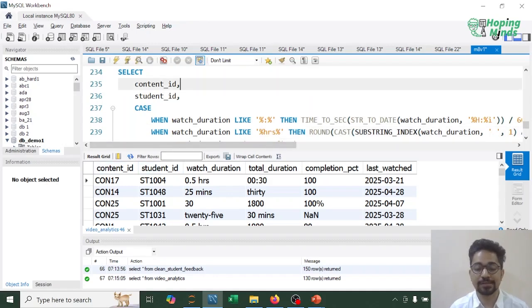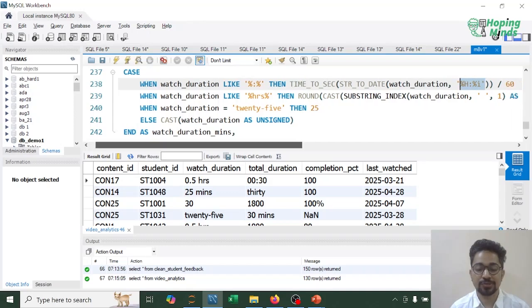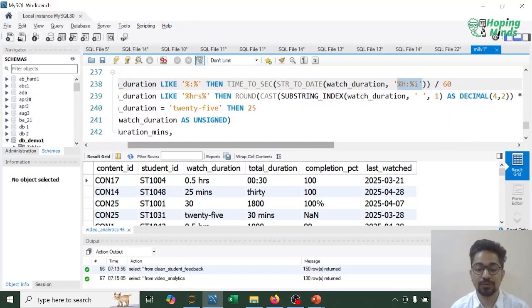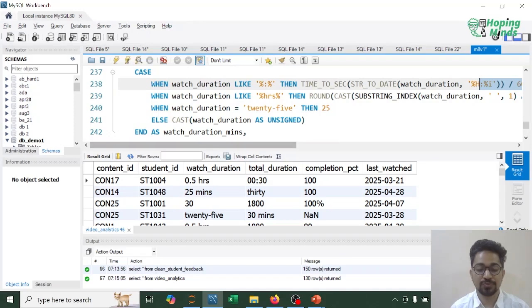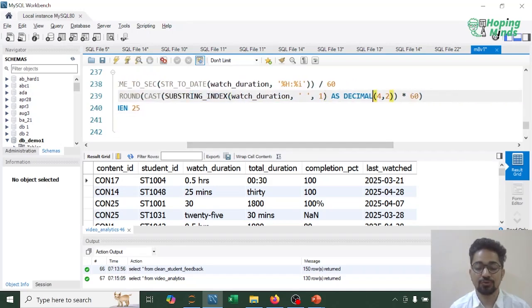I'm applying to the content ID and the student ID, and then a CASE WHEN on the watch duration, like %H:%M. Then I'm using TIME_TO_SEC, then STR_TO_DATE to convert the watch duration into %H %I format, because I want the watch duration in minutes, so I'm dividing it by 60. So this was the first format, and when the watch duration contains, let's say, HRS, then I'm rounding it off, then I'm casting it to SUBSTRING_INDEX, extracting the first part of the string after the split based on space. That is where I've used SUBSTRING_INDEX as DECIMAL(4,2),